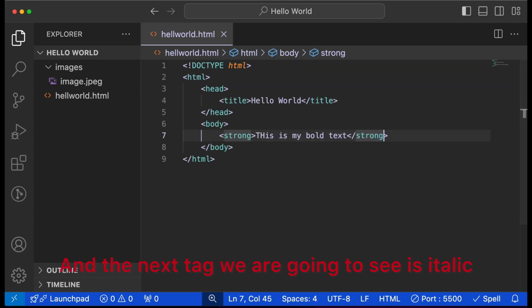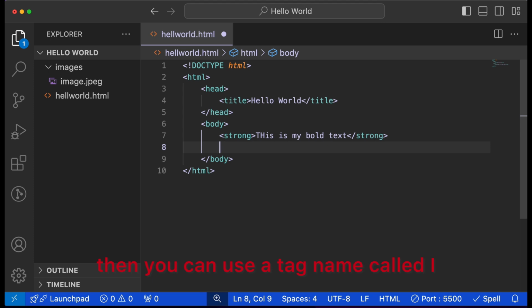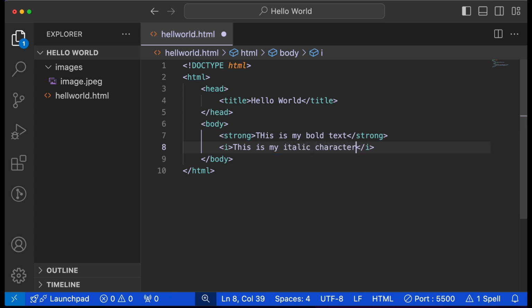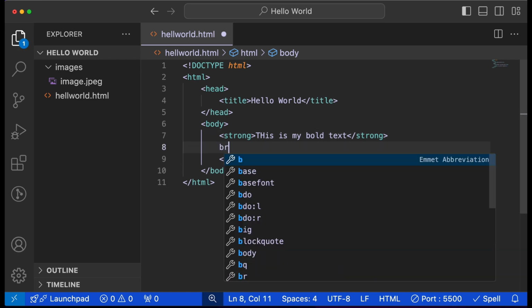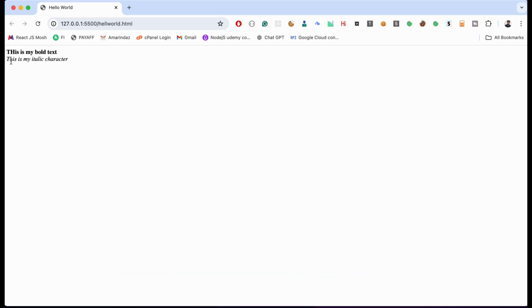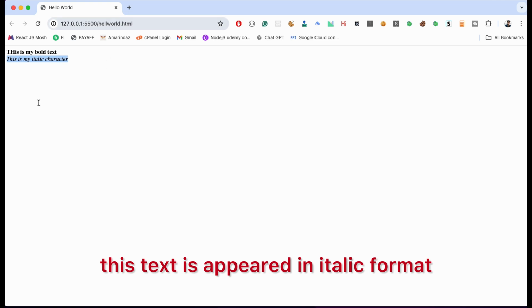And the next tag we are going to see is italic. If you want to highlight any sentence in italic format, then you can use a tag called I and put your content inside the I tag. Let me add a line break to differentiate. Now you can see this text appears in italic format,